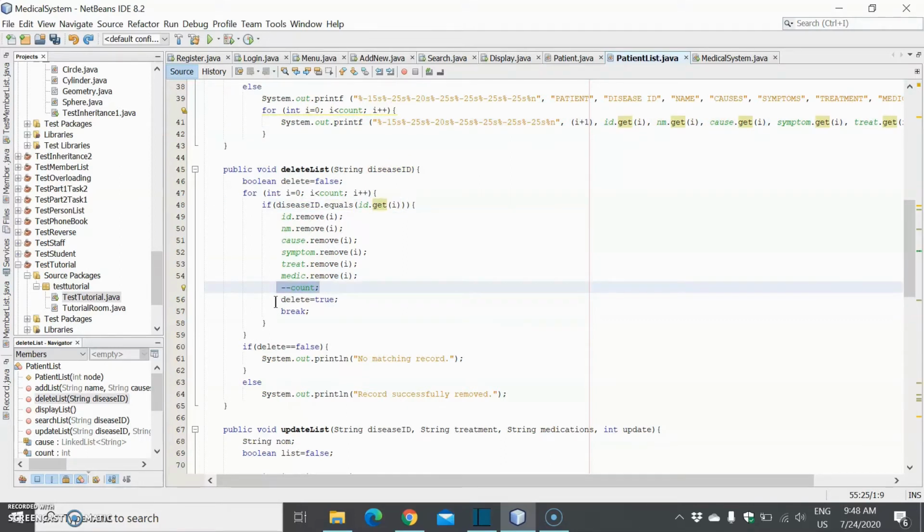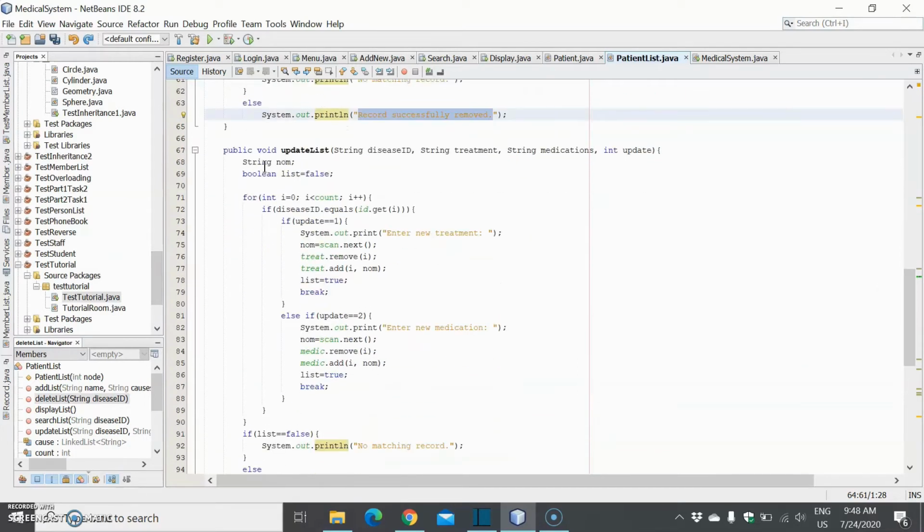And there will be count minus, which means the data will be less. Next, delete equals true, and the method will break. But if delete equals false, the system will print out no matching record. Else, if delete equals true, the system will print out record successfully removed.